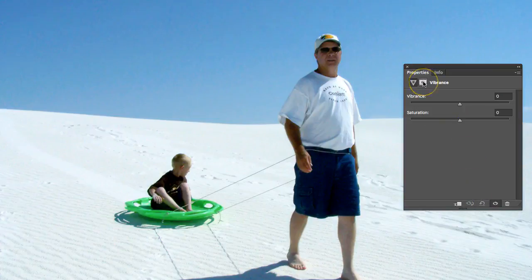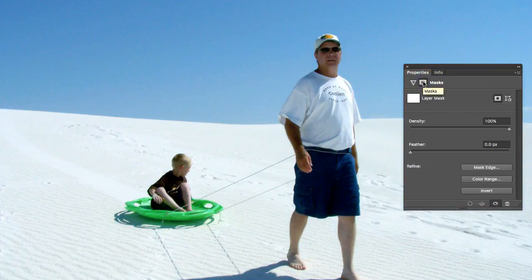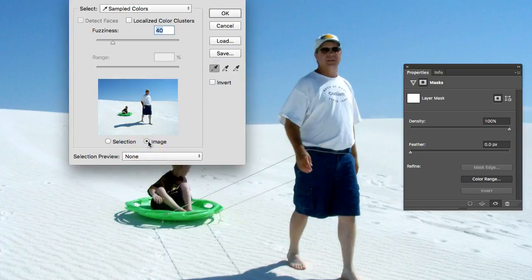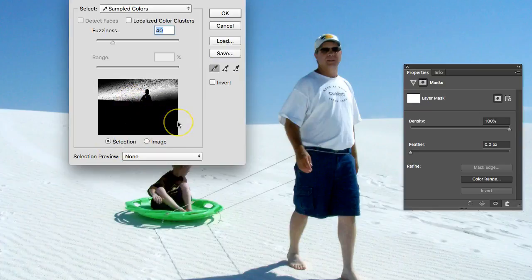But we're going to go to the mask over here just to create a mask for this image, and then we're going to go down here to color range. So in color range you can see a preview of the actual image in here, and if you don't, you could try just clicking on the image and that will show the actual image. But what we want to do is the selection area. So right now the area that's selected is the white area here, which isn't all of the sky, and that's the main area that I want to make adjustments to